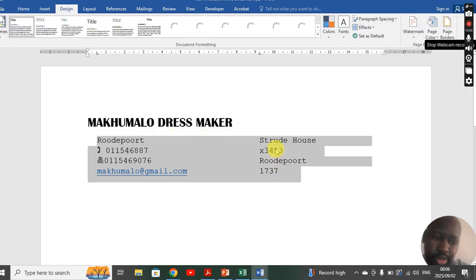the first address. When you are writing a letter, you remember when you are writing a letter, you have two addresses, the first one and the second one. So the first address, you can put the letterhead in the modern life. So